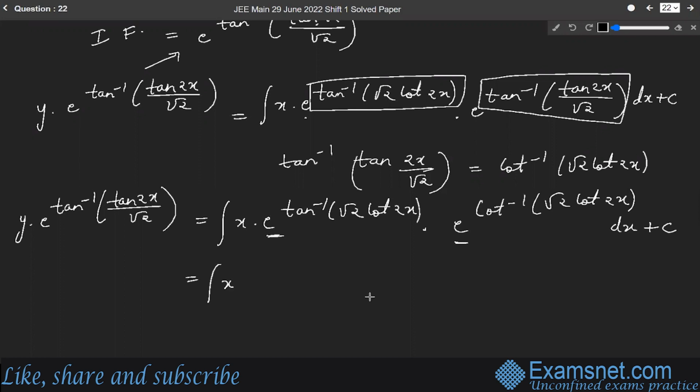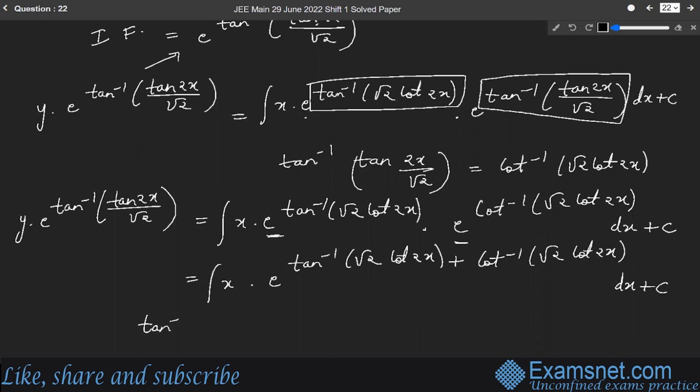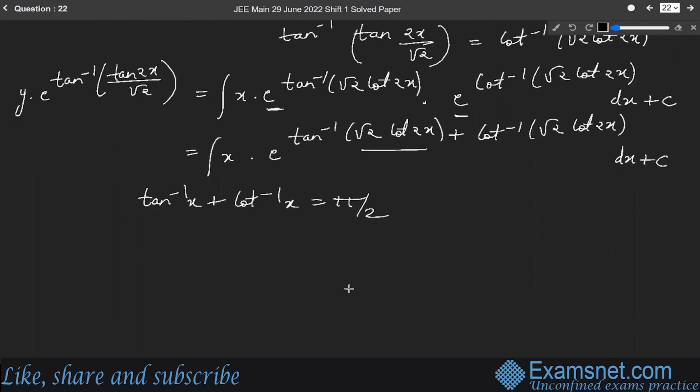So it will be equal to the integral of x into e power (tan inverse root 2 cot 2x plus cot inverse root 2 cot 2x). Now we have to use a formula here, and the formula is tan inverse x plus cot inverse x is always equal to pi by 2. It means that tan inverse root 2 cot 2x plus cot inverse root 2 cot 2x will be equal to pi by 2. So the value will be the integral of x into e power pi by 2 dx